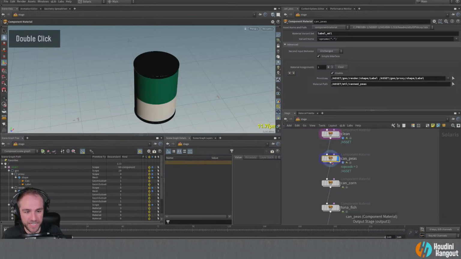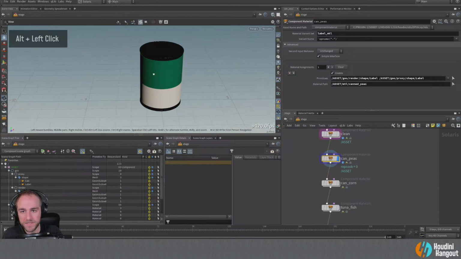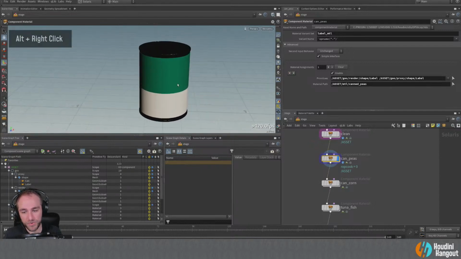Then down here, we're going to change up a little bit. We're going to say label material. So these are can material, and these are label material. Here I'm just applying this to the label. You can see right here that it says label. So these are just groups now. We have can, label, and rim. This is a little bit different than the way we were doing it previously with the shaders being called. We're just using the actual geometry group from SOPs to assign the material.